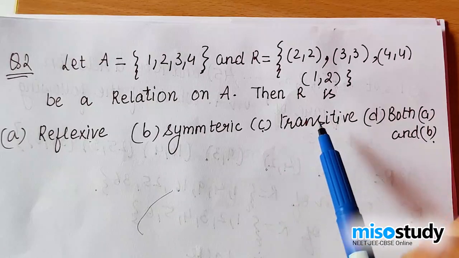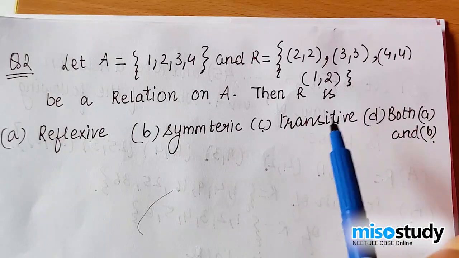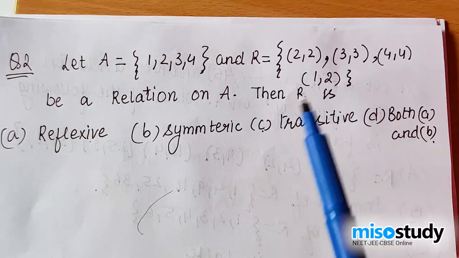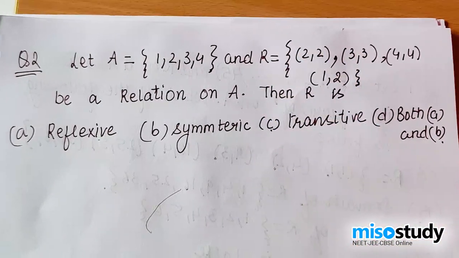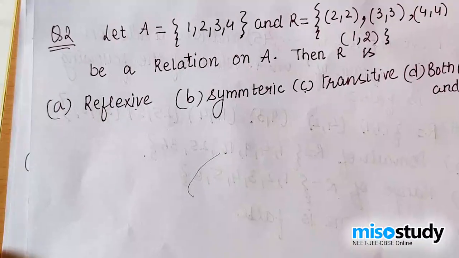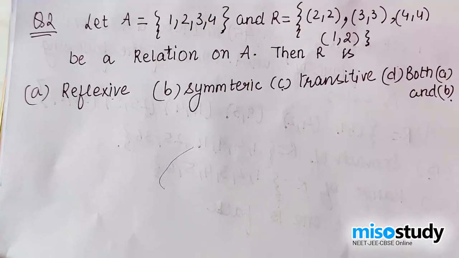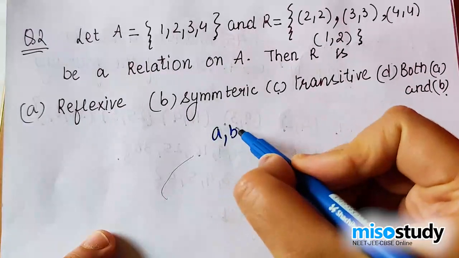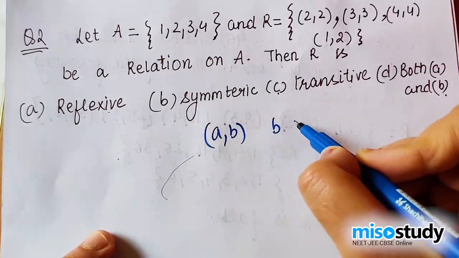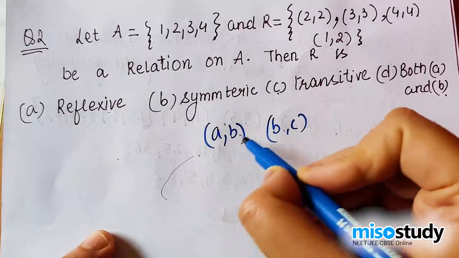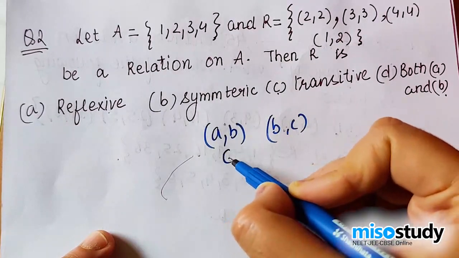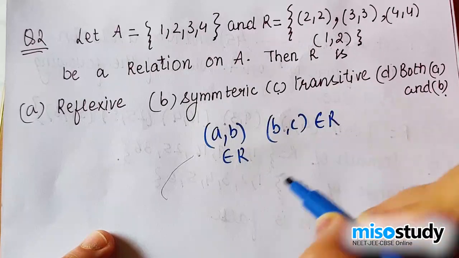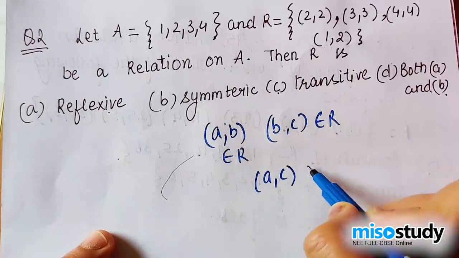Coming to transitivity. What does transitivity say? If A is linked to B, and B is linked to C. Now, I want to clear one thing, that we as students sometimes feel that transitivity means: A is linked to B, that means it belongs to R; B is linked to C and it belongs to R; then your AC should belong to R. This is the definition